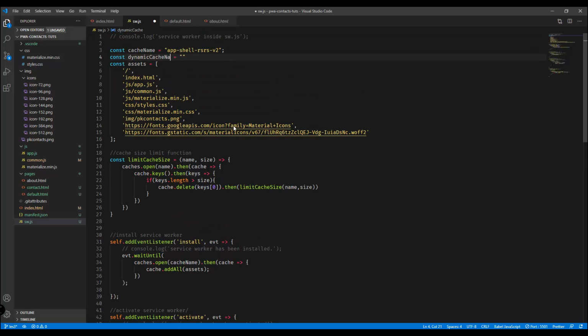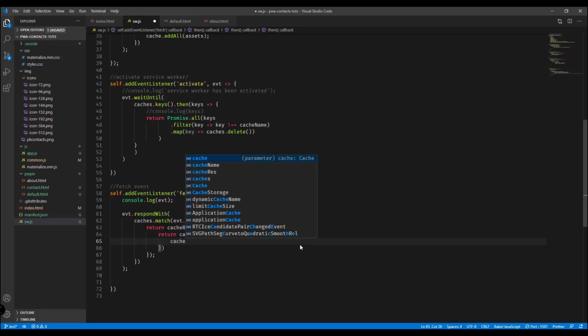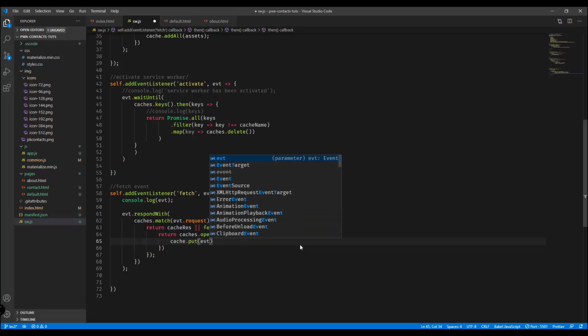Yeah. And what we could call it is dynamic cache v1. Okay, and then we could use this particular const right here. We're gonna open that particular cache, and then the then method, and then cache, open and close curly braces, and then we could say cache.put, and then we're gonna have to get